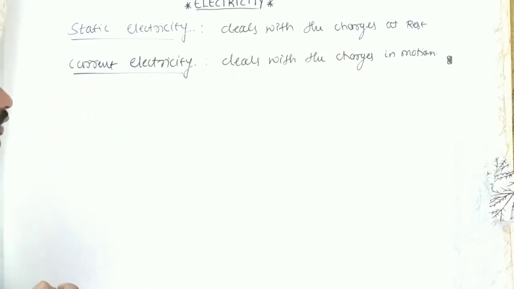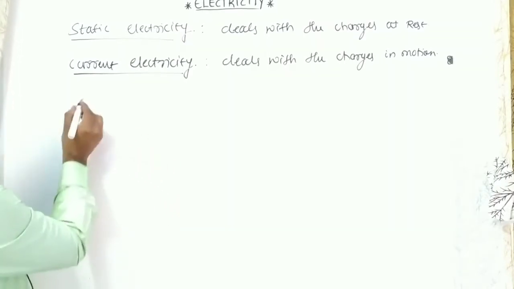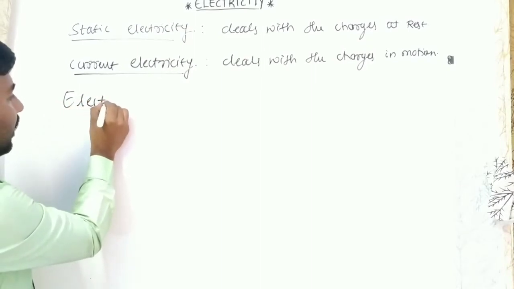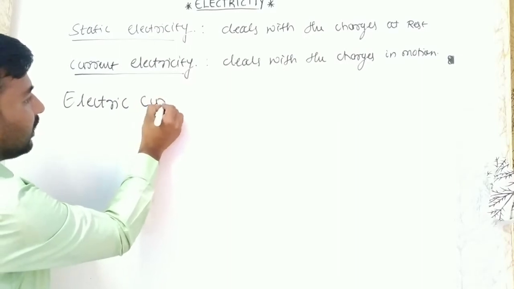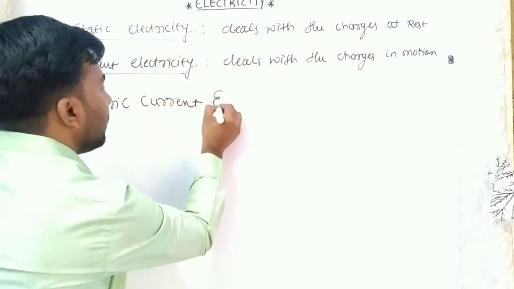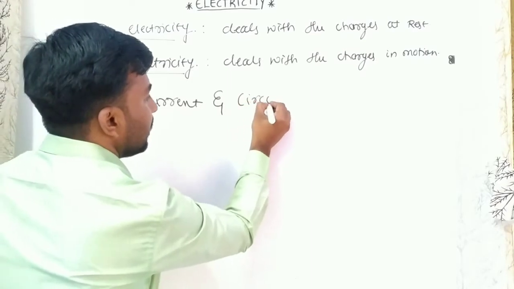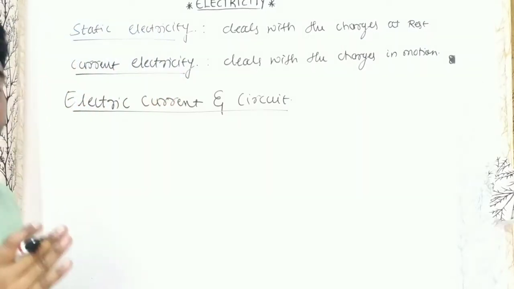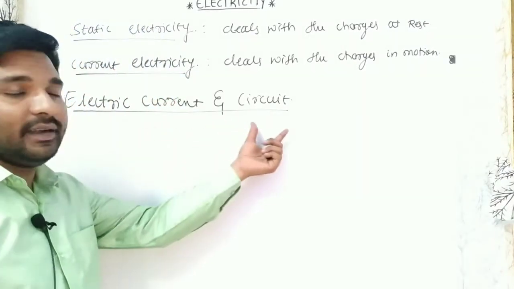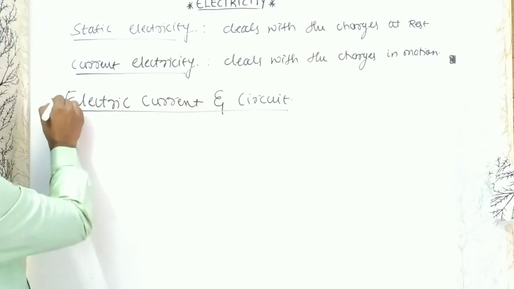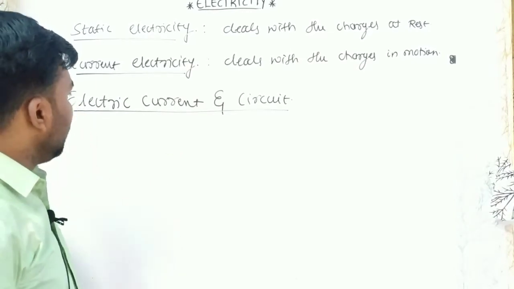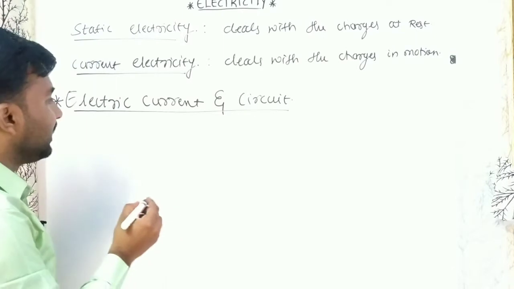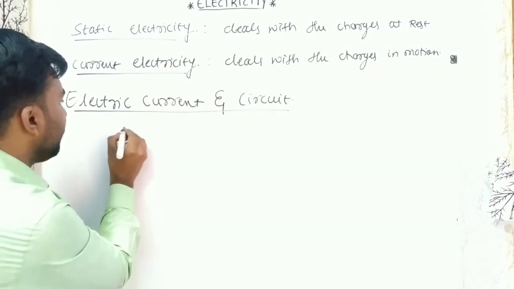Now let me define the terms electric current and circuit. This is the first topic in current electricity: electric current and the circuit. In order to understand this, let me consider one diagram